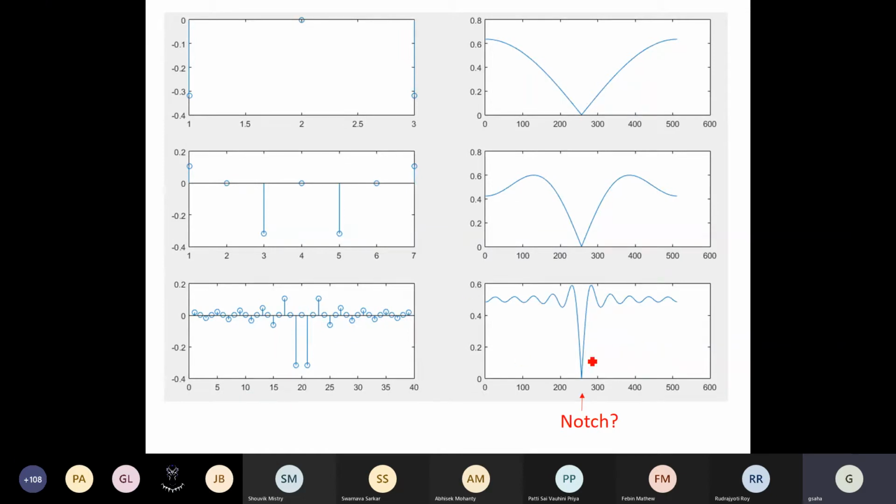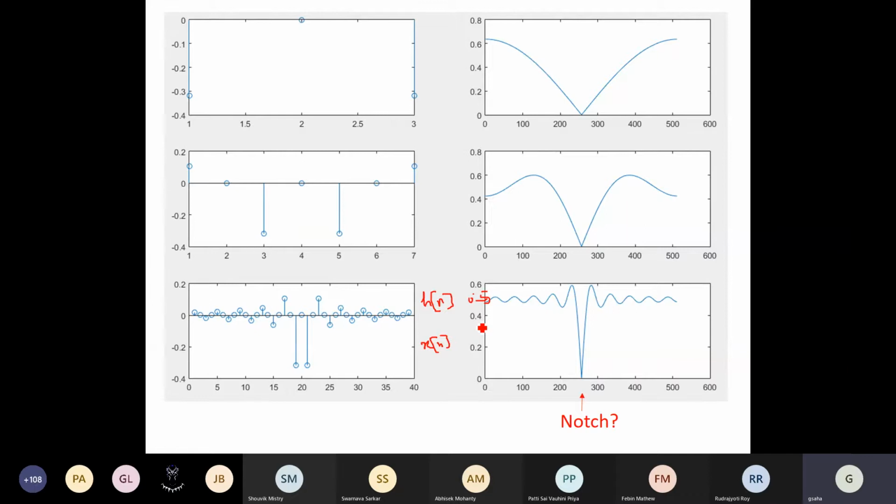So can somebody tell me any significance, anything that you would like to comment about this kind of filter or this unit sample response or some such thing? What do you expect? If I apply this h[n] to a signal x[n], what should I expect at the output? This excursion is about 0.5, all those things we discussed in the last class.